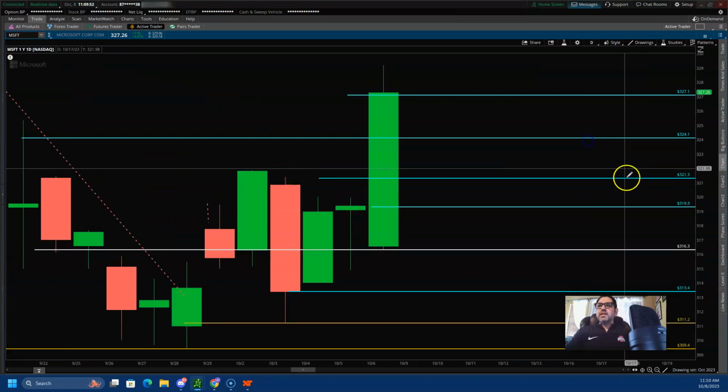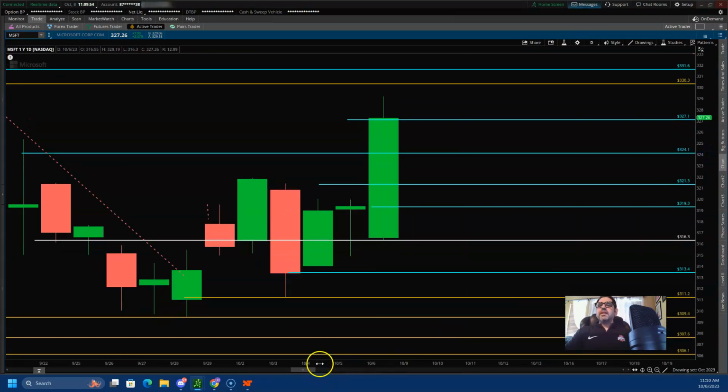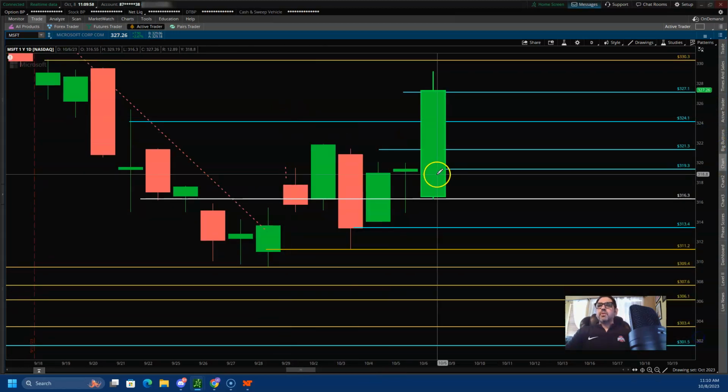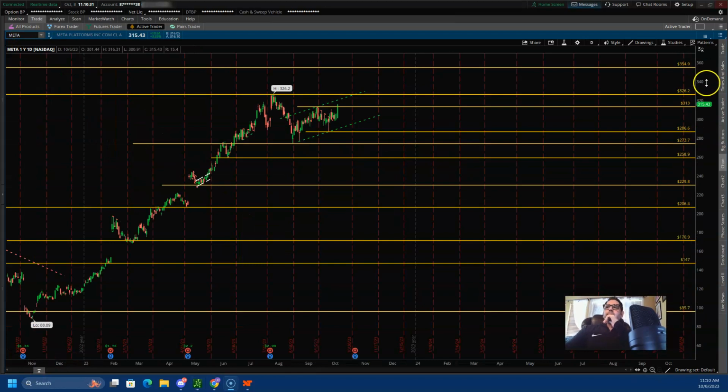Towards the downside, I would say getting below 321 would be a cause of concern, because that's where we broke out of in the lower time frame. Okay, Meta,